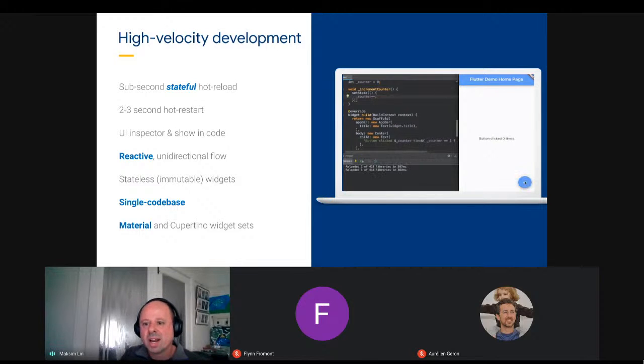So for instance, this animation is showing the starter app, the counter app that you get any time you create a new Flutter project from scratch. It's showing that the state, how many times the user has clicked the button, that's an in-memory variable somewhere, is actually being maintained. It's not being lost as the code is changed.